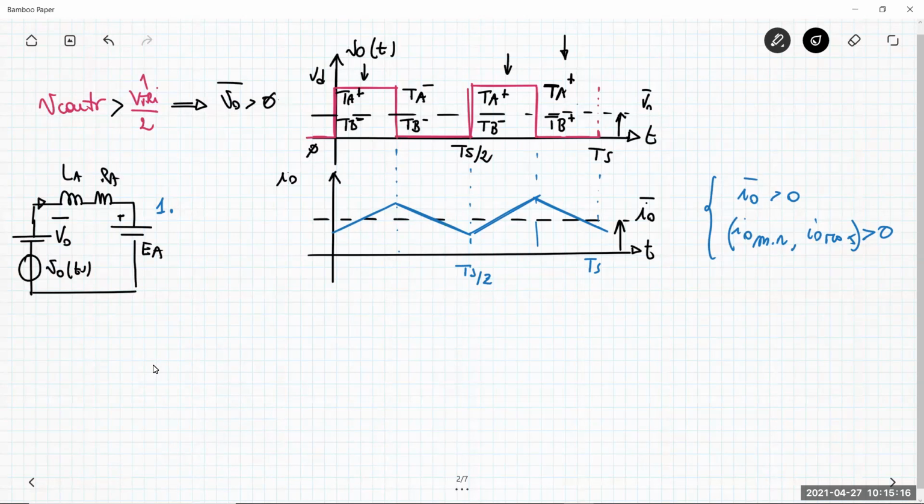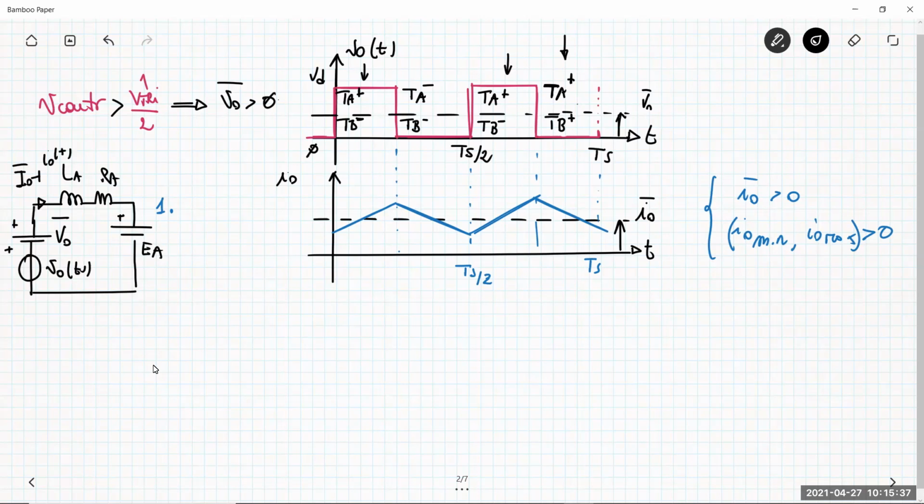Also, the current has an average value plus an instantaneous value, which is also the AC contribution. And so if you want to get the average value, you have to take into consideration only the DC quantity. So this is the average value V naught,